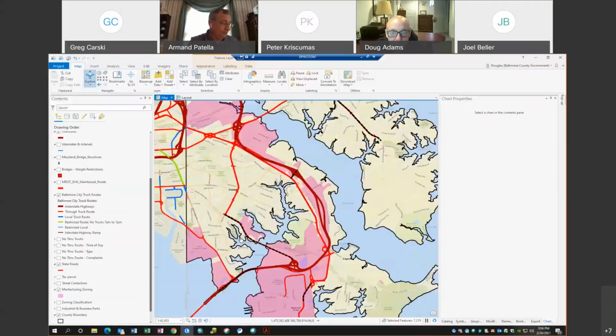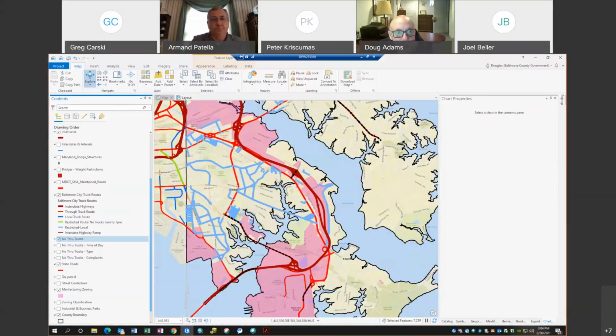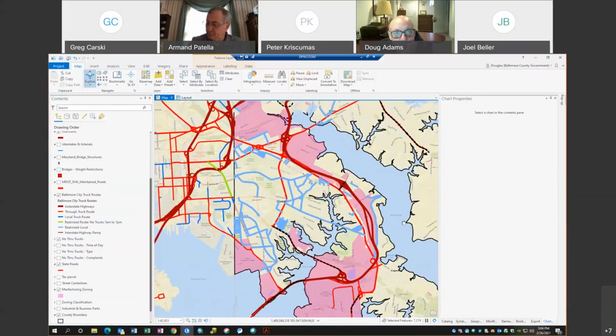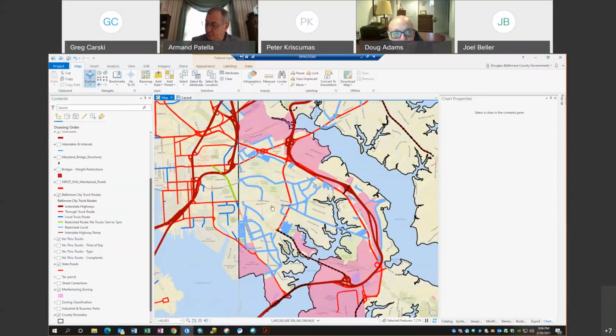Make sure, well, I guess go over one more time. So really, the only thing we're adding in here that isn't a state road is on Holabird. Is that correct? Because they need that to get to Merritt Boulevard. Yeah, we had talked about Holabird and Dundalk. Right. And I think